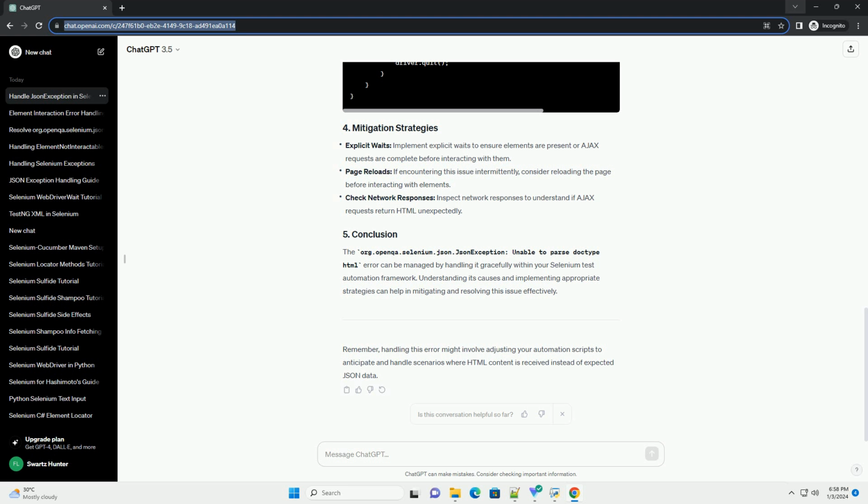Replace WebDriver initialization. Instead of using the traditional WebDriver initialization, use JSoup to parse the HTML content. Here's an example in Java. Make sure to replace the Chrome driver path with the correct path for your system. Execute the code. Run the modified code, and you should be able to handle HTML content with doctype declarations without encountering the